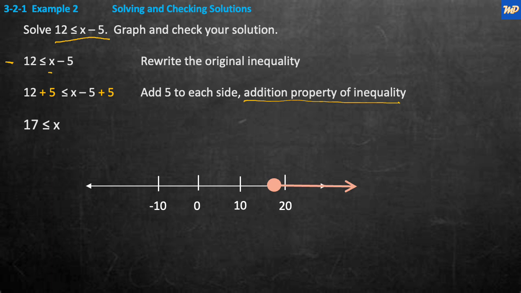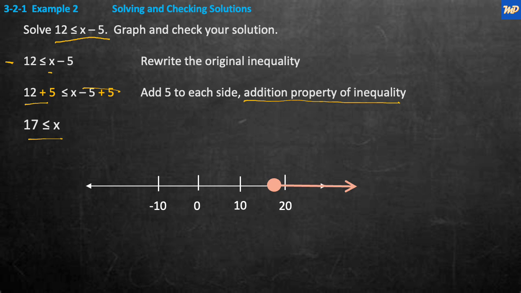And when we do that, we're going to clear the 5's on this side because they're going to zero out. And when we simplify 12 plus 5, we're going to get 17 is less than or equal to x. And that's our solution. And to graph it, as you see down here, we have the graph with numbers negative 10, 0, 10, 20. Well, I don't know where 17 was, but